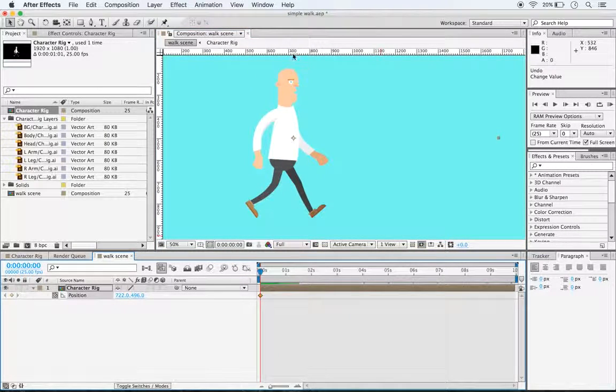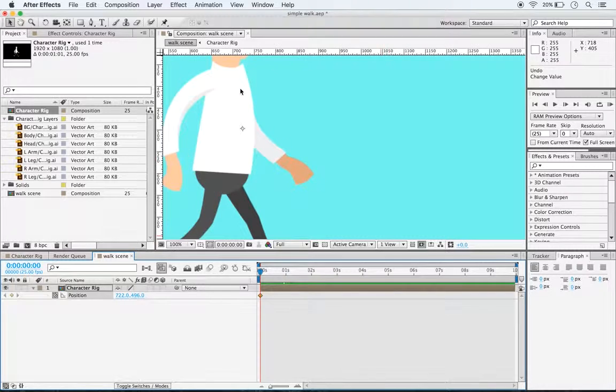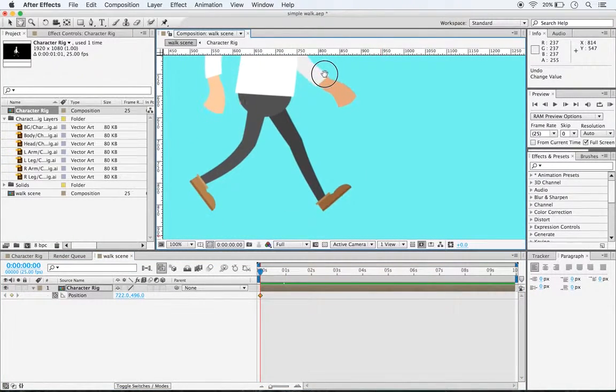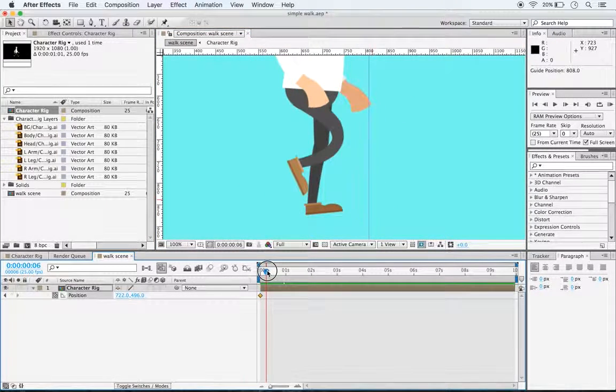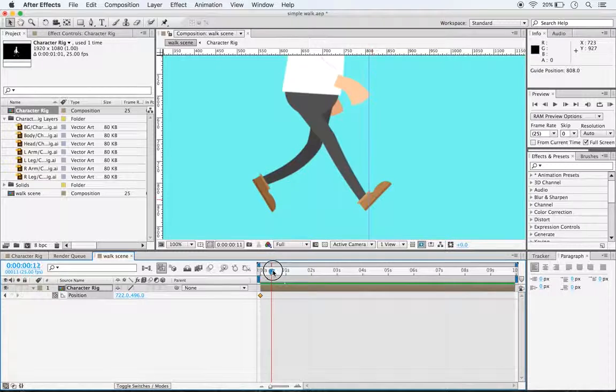Okay, so using these rulers again, I'm just going to zoom in a little bit. At 0 seconds, from the left hand side, we're going to put a ruler in where the heel is on that front leg. The reason we're doing that is because we're going to use this front leg as a pivot. If I then scroll across on my timeline to the moment in time where the other foot reaches that, it's not going to be totally accurate, but that will do. What we're going to do now is